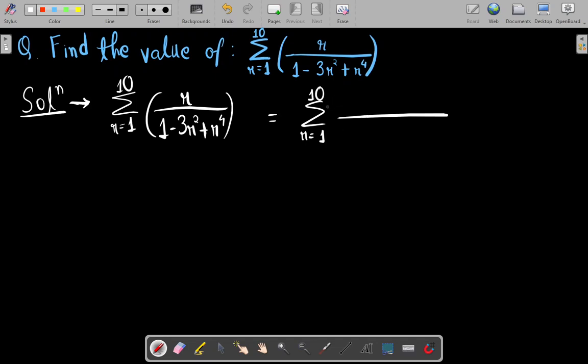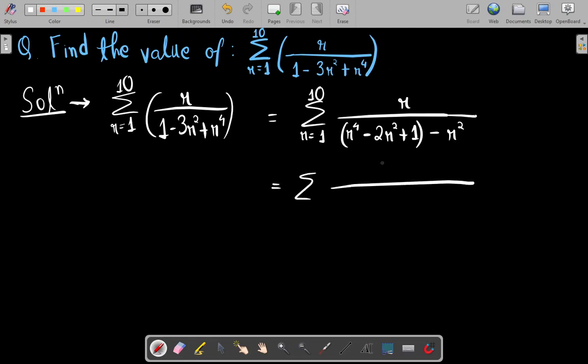If we look carefully, this term is r square whole square, this is 1 whole square, we are given 3r square. We need minus 2r square for this to be r square minus 1 whole square, right? So if we write it like r to the power 4 minus 2r square plus 1, we are left with 1 minus r square, right? So we can write it separately, minus r square. Now if we look carefully, this is r square minus 1 whole square